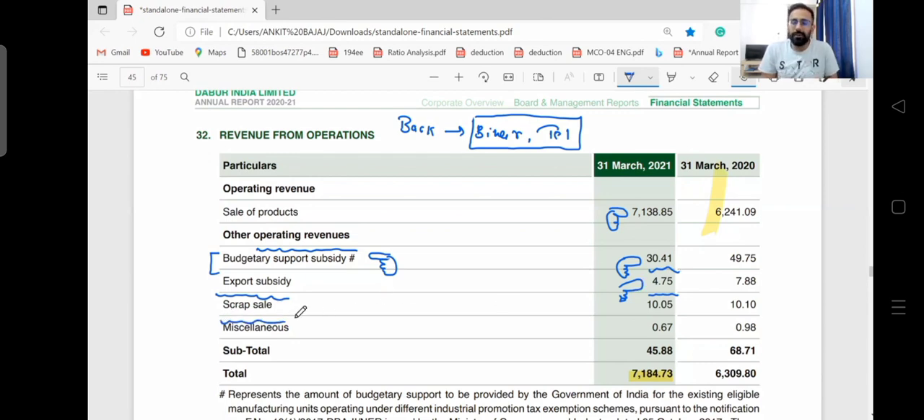So let's suppose Dabur has manufactured some product and that product is not as per the standard, right? So what Dabur will do, Dabur will sell those products at an underrated price, right? So that is going to be scrap sale, right? So here, if you see,